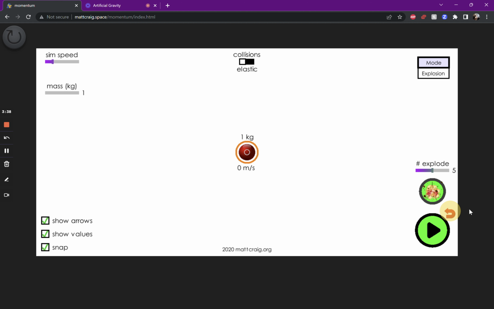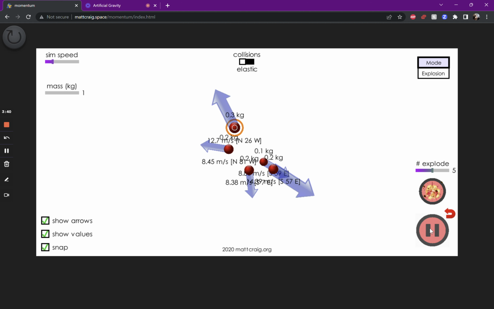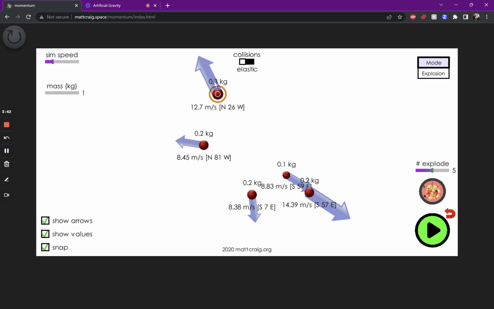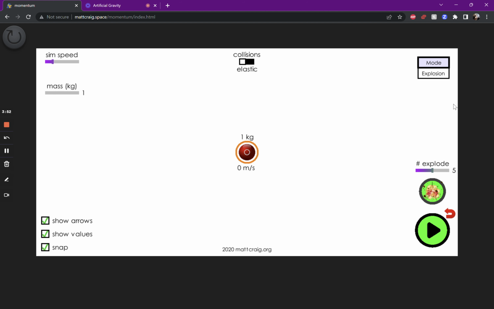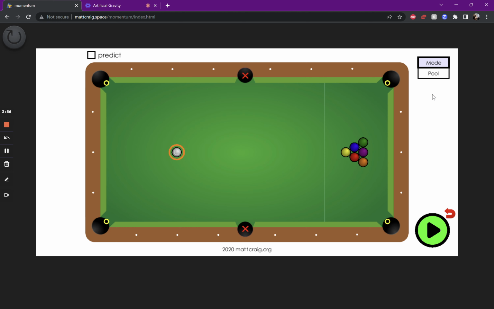the sim speed. I'll reset it. If you hit the explode button and pause it, you can write down the masses of the different pieces and all of their velocities into components to confirm conservation of momentum again in that explode variation of the simulation. The next is, I made this simulation and it had balls bouncing off each other, so